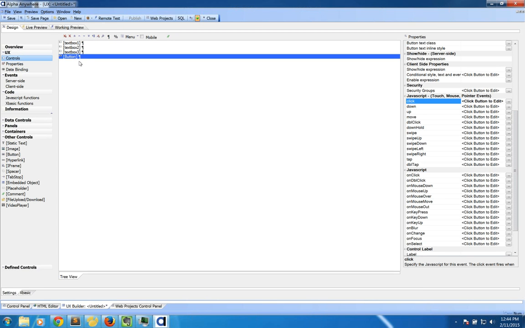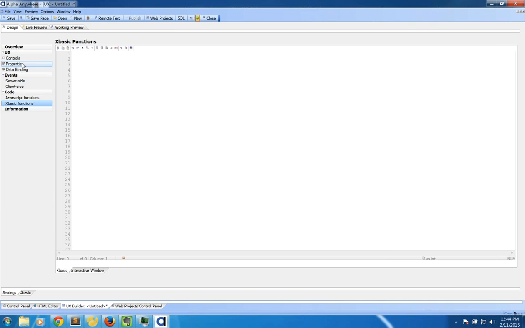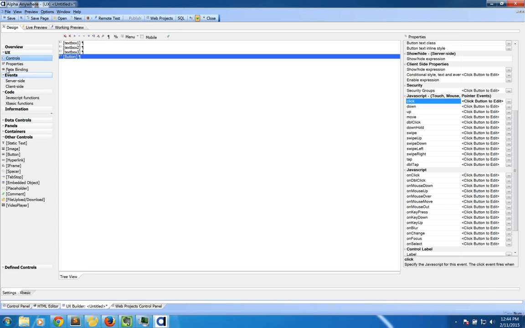Now, that's for adding interactivity on the front end. If you want to add server-side behaviors, you have two items. So let's say you wanted to code something on the server side that did a specific calculation or a database lookup or something like that. And that's a little beyond today, but you would use what's called XBasic, and you would do a callback. So you could create a callback to the server and then use the XBasic language, which is like Visual Basic or Basic, to type in some code to do a lookup in a table and make a calculation